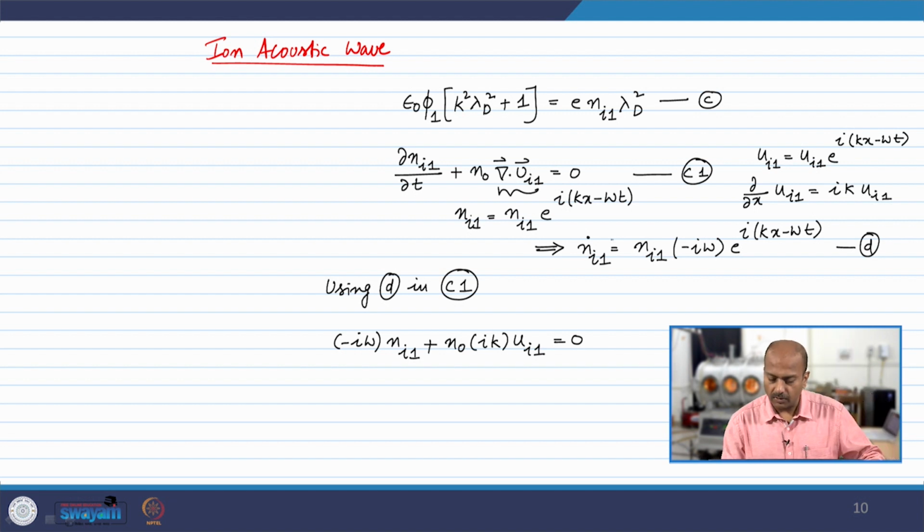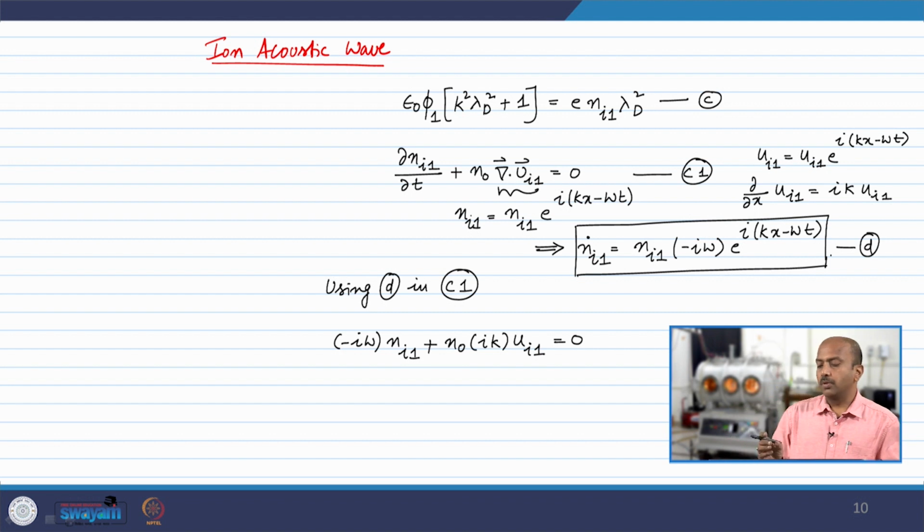Now, what is the meaning of this? Just we have to wonder what is the meaning of this. It means that the perturbation part is oscillating around the mean value in a sinusoidal way. But we have an exponential i, right? So, we have variation in a sinusoidal fashion. So, from this n i 1 can be written as n i 1 is equal to k by omega n naught